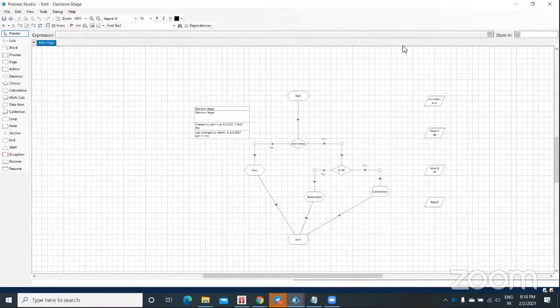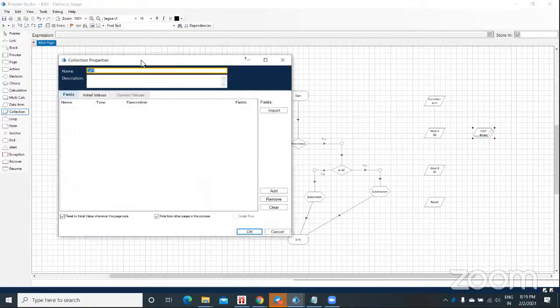Here, what I'll change is, rather than going with all these conditions and data items, I drag my collection stage here. Okay, double click on it, give it as